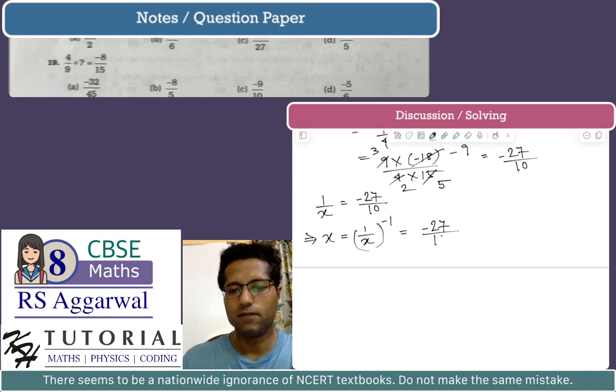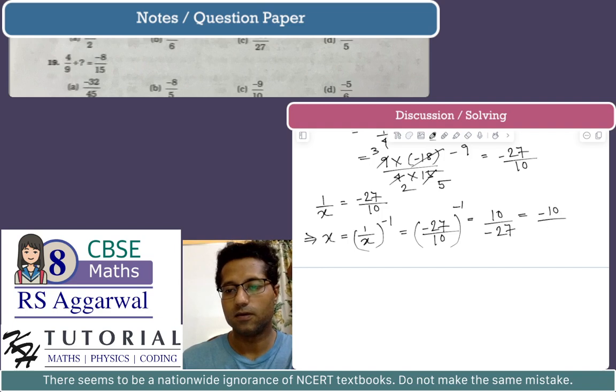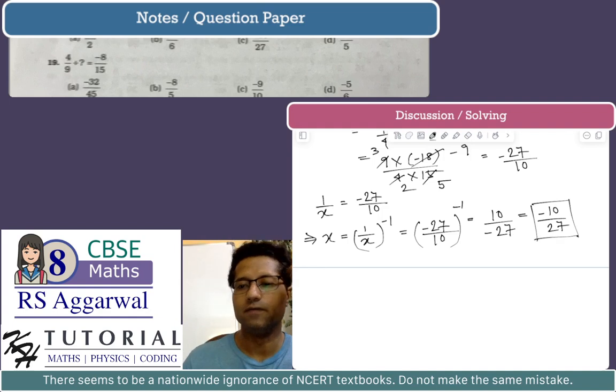So the multiplicative inverse of minus 27 by 10 is equal to x. So this is equal to 10 by minus 27, and we have to make the denominator positive, so this becomes minus 10 by 27. So the question mark has to be filled with minus 10 by 27,